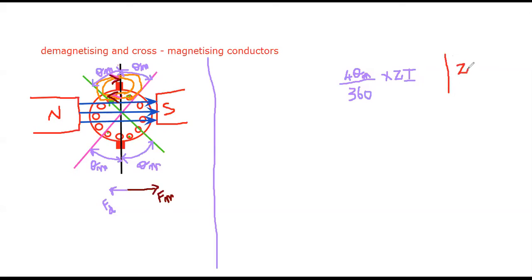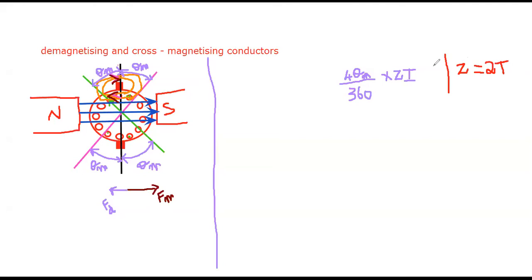We know the formula, that is Z is equal to 2t. There is a formula that Z is equal to 2 into t, where t is the turns. So for one turn, there is a need of 2 conductors here. This is a basic formula: Z is equal to 2t.